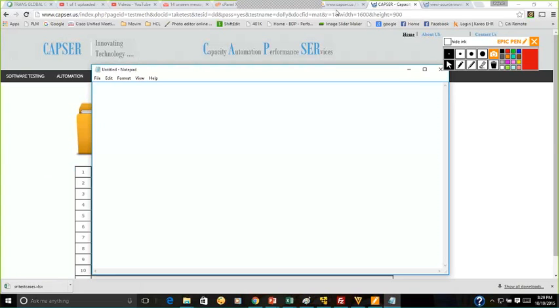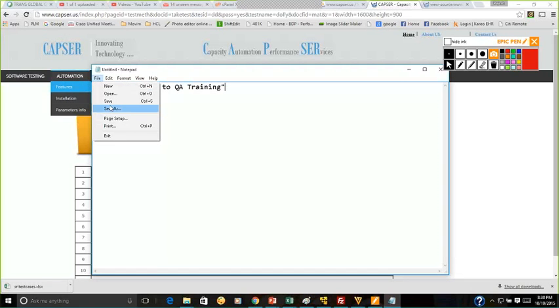Just open Notepad. I'm going to say example: welcome to QA training. I'm going to pop up a message box saying welcome to QA training. So how do I write that? In VBScript, I'll just say MSGBOX, that is message box, then in brackets and in double quotes I will say welcome to QA training. That's it. Done. Now I'm going to save it.